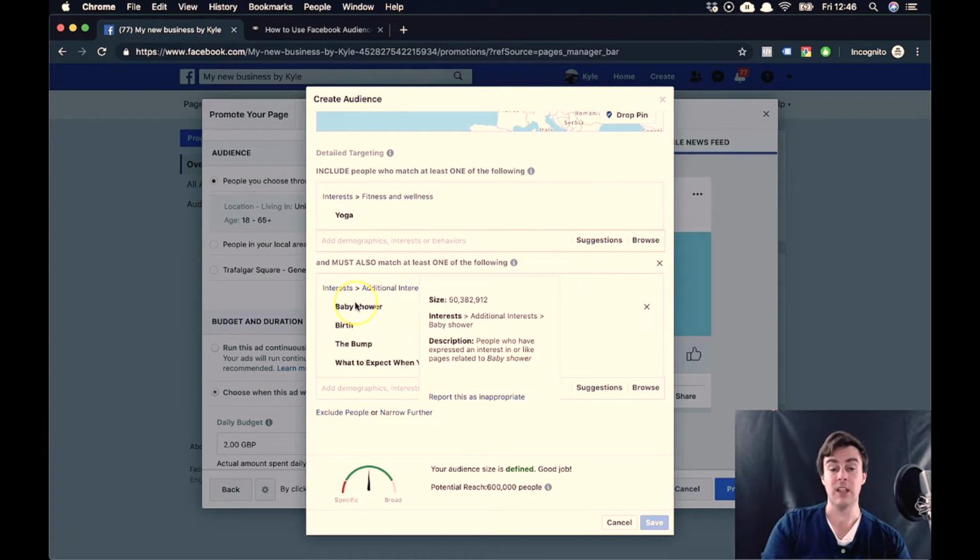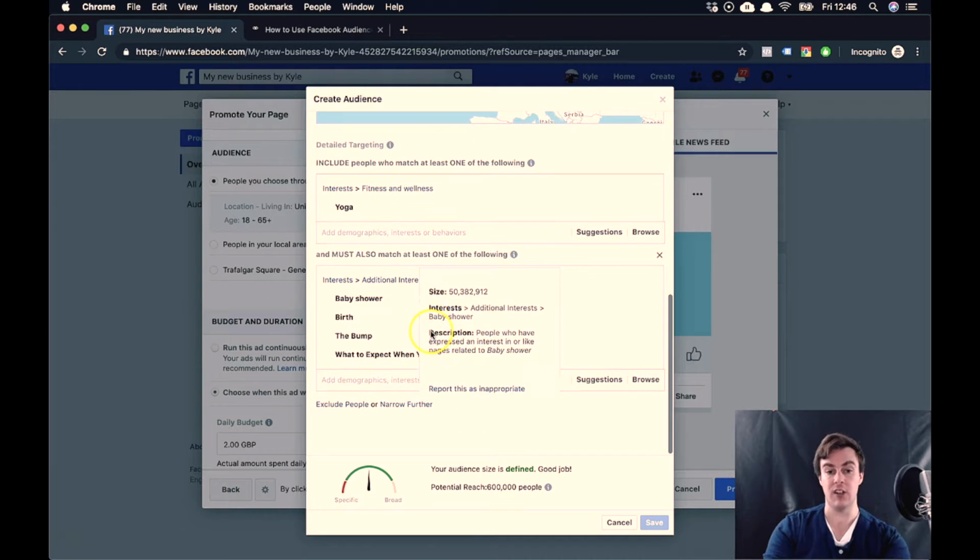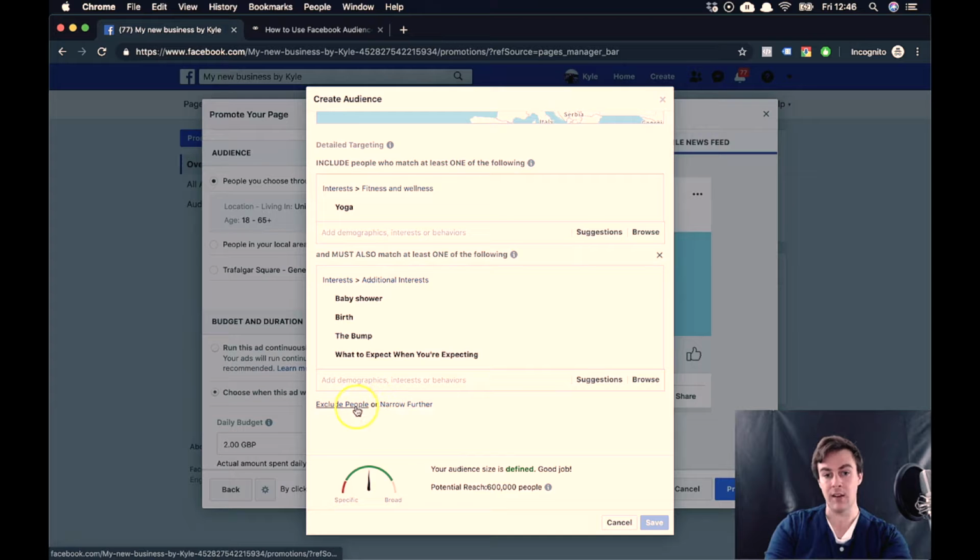So that would allow me to target what we were talking about previously, which was women who are pregnant and into yoga. So this is one way of constructing that. If I wanted to narrow further,